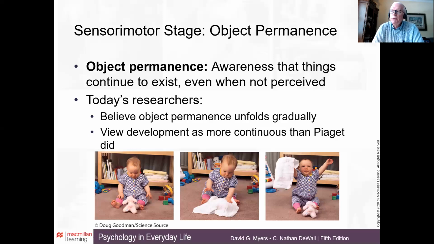Another area where object permanence is important has to do with separation anxiety, which is a very important developmental process for children to go through. You might wonder, well, why is that important? Let's think about that for a moment. Every child goes through a phase of separation anxiety where they feel uncomfortable when they're separated from their parents.